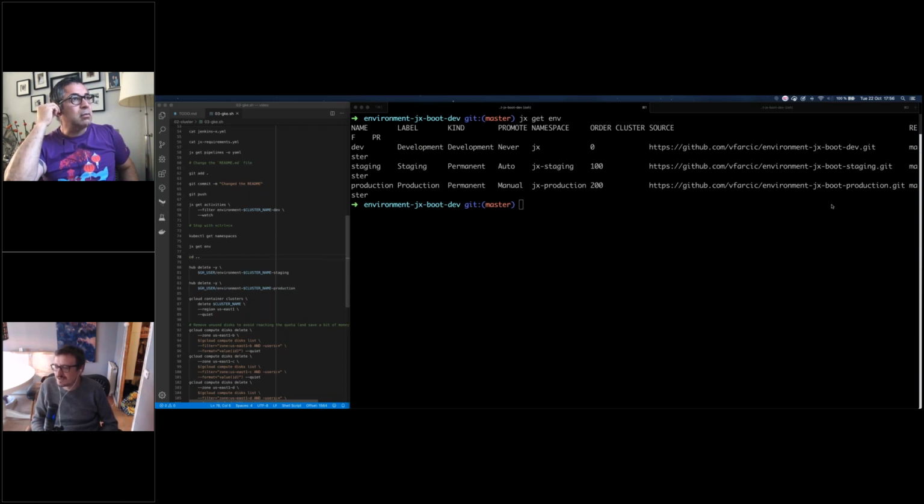So why did JX decide? To be honest, I'm not 100% sure I understood the question. If the question is why does JX abstract something, the answer is that yes, in some cases, if we are talking about the CLI, not JX running in the cluster, it is a wrapper or abstraction